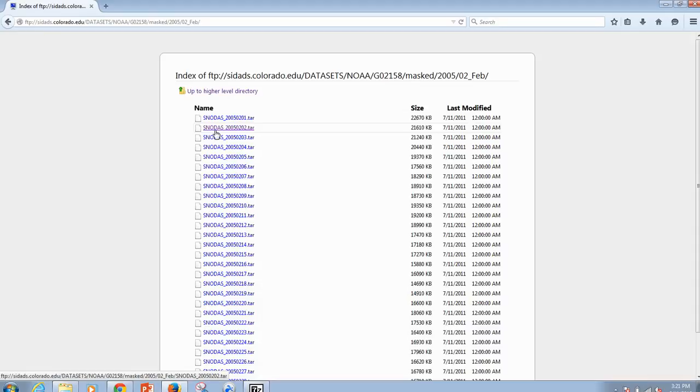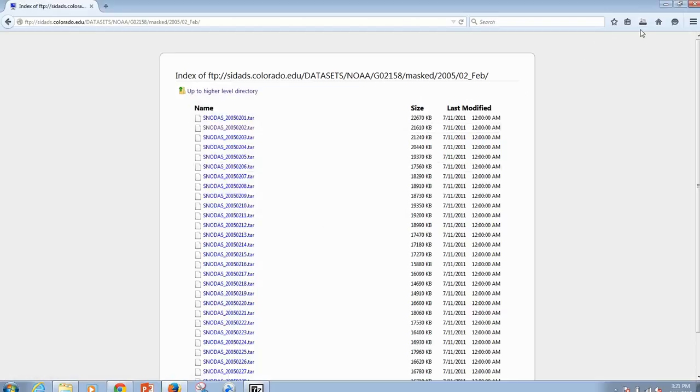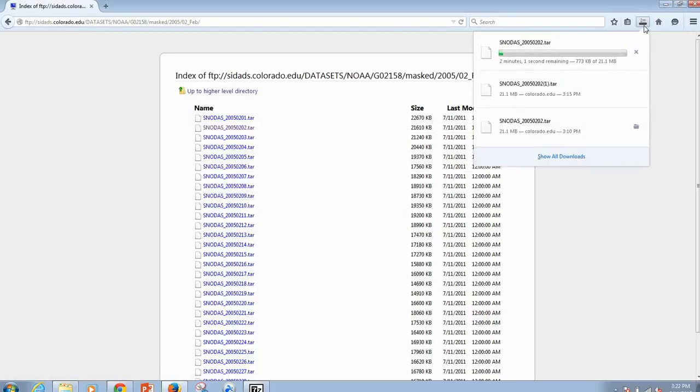So I am going to download the data set for February 2nd, 2005. Here it is, the tar file. I'm going to click on it, save the file. You'll see it downloading over here. This may take several minutes depending on your connection speed. I'm doing this wirelessly, so you should have no problems downloading this almost instantaneously on a wired connection in the lab. So while that's downloading,